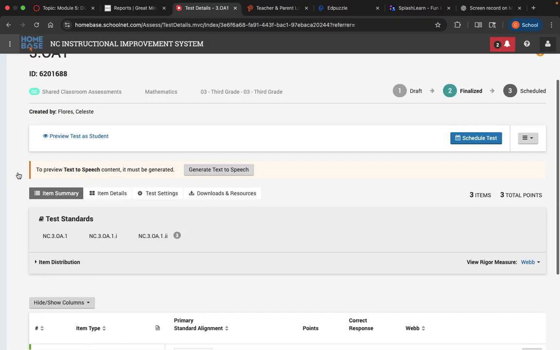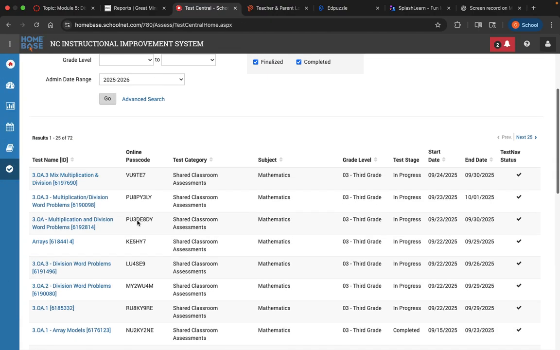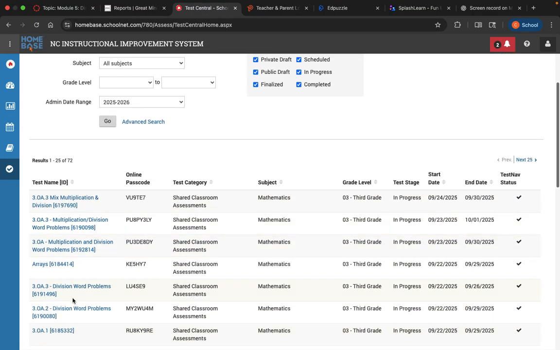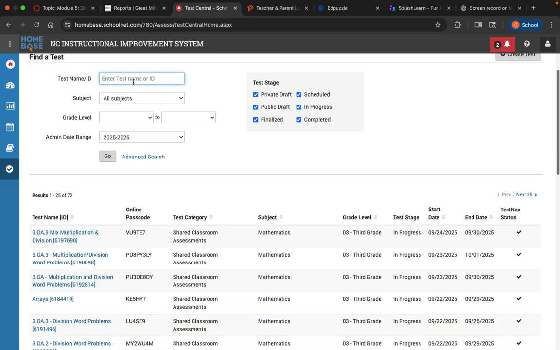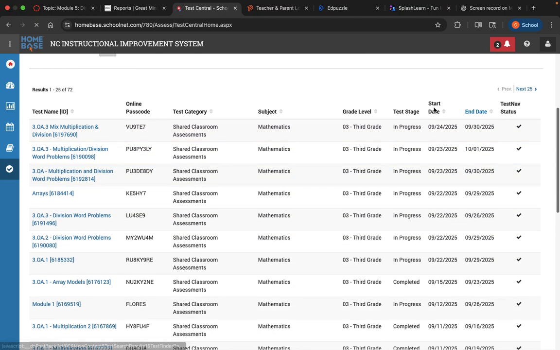And then there it is. And then the way you're able to go back and print it is you'll press assessments and then you'll press find. Instead of create, you'll press find because you just created one. And these are all the other ones the other teachers have created. But if you want to look up the one that you created, 9 times out of 10 it'll have the,